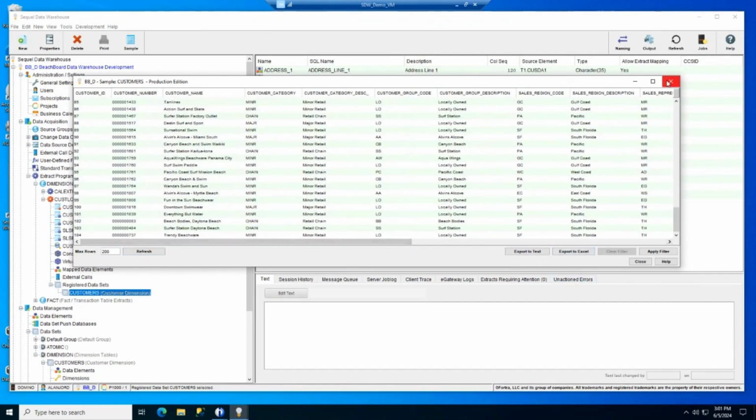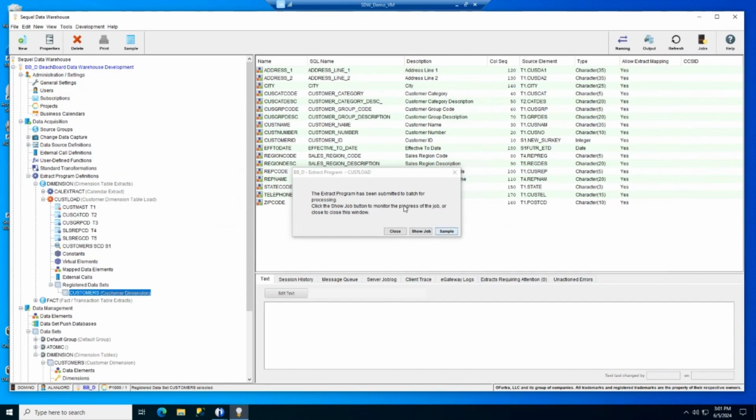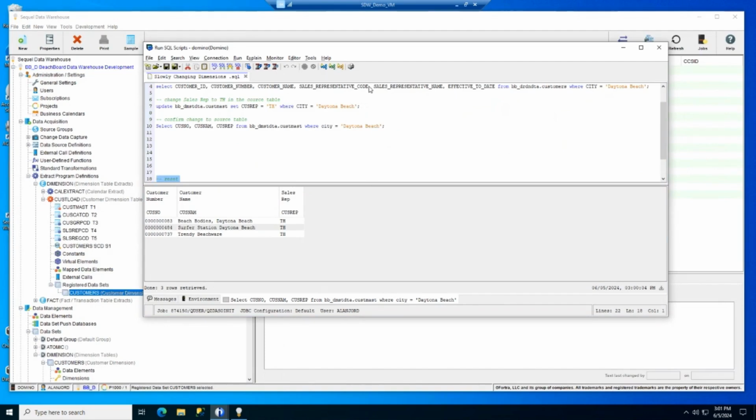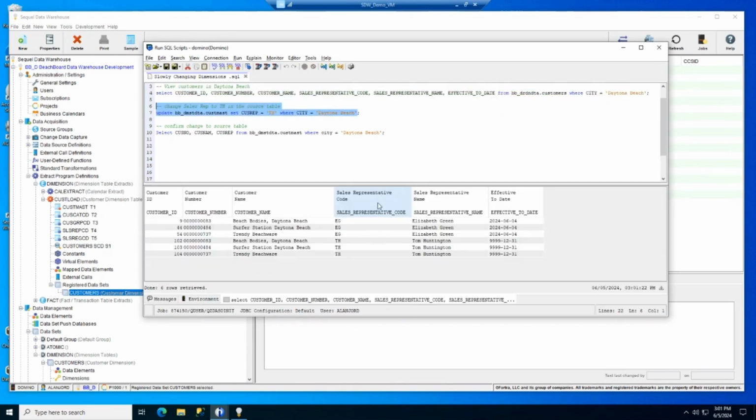Let's go back to our SQL. Close that and run this prepared SQL, which is the first one that we ran, which is looking at all of the customers in the dimension table with an address with a city of Daytona Beach. And now we have 6 records. The original 3 records now have an effective to date, and this is actually yesterday's date. And there are 3 new records specifying that Tom is the sales rep, and they have the future unknown effective